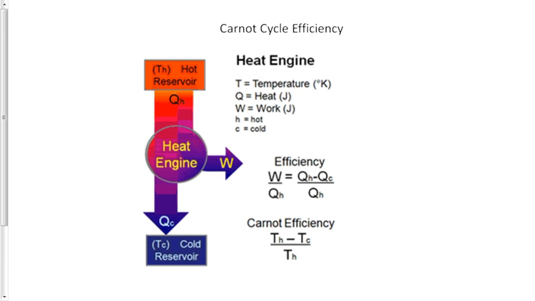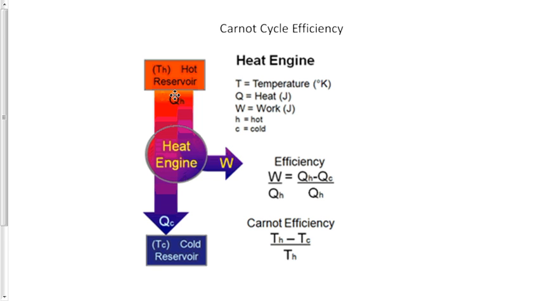Okay, let's talk about the efficiency of the Carnot cycle. So there's a certain amount of energy that would be delivered to a heat engine from maybe a chemical reaction, burning something, burning coal, wood, gasoline, whatever it may be. That heat enters through some mechanism, and then there's some pressure volume work done, probably by pistons or something like that, and then the heat that's not used is expelled either through exhaust or just simply out to the